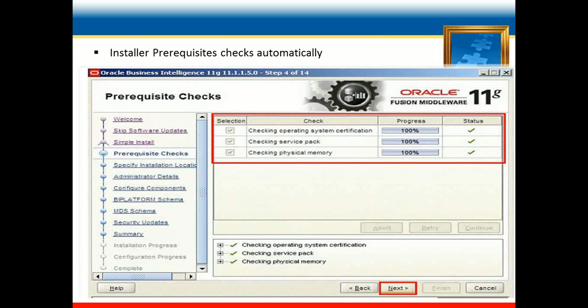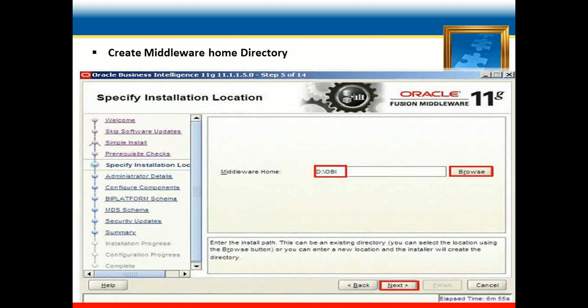If it fulfills these things, then it will show the status like this, as mentioned on the screen, and progress at 100%. So just hit the next button for the further installation.